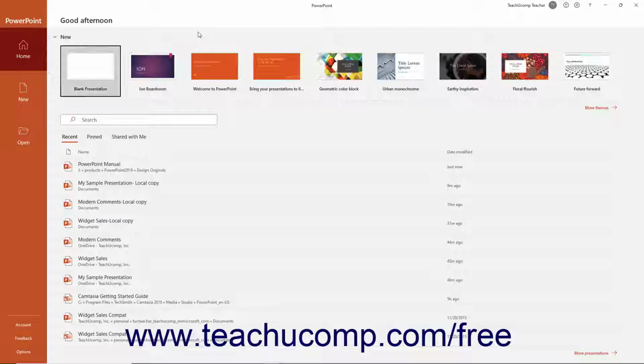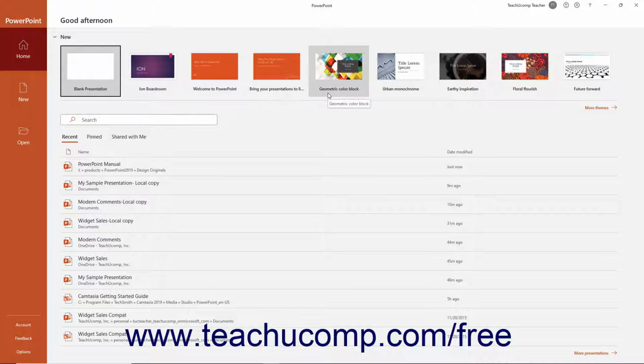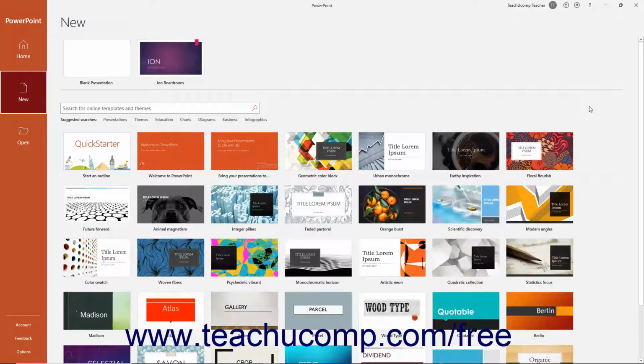To create a new presentation in PowerPoint after you first open it and show the Startup home screen, click the type of presentation to create in the listing of available themes that appears at the right side of the home screen. Alternatively, click the New button at the left side of the screen, or click the More Themes link below the listing of themes at the right side of the home screen to show the New screen in the